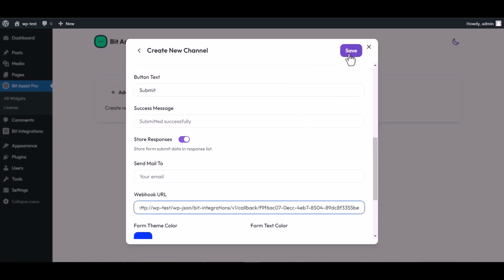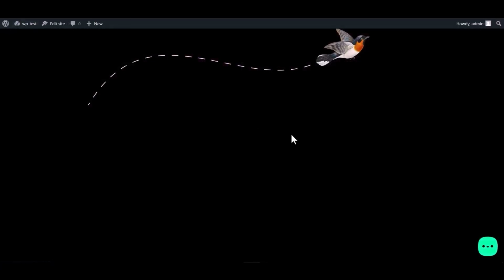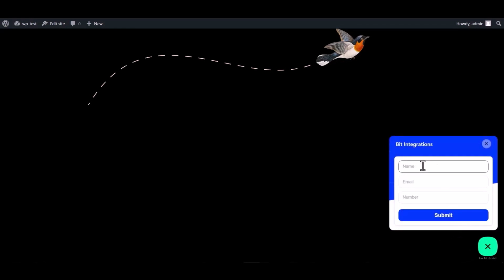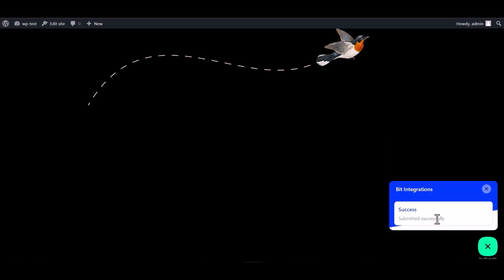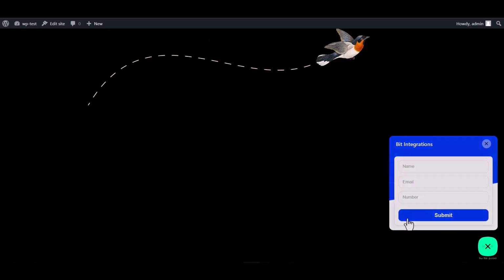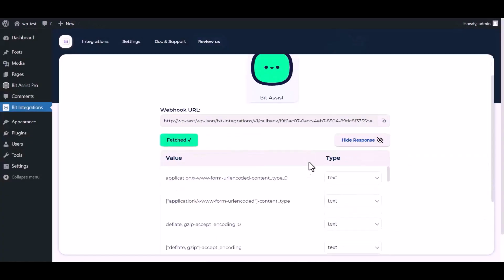Save the channel. Now go to the WordPress page, click on the Bit Assist logo and click on Bit Integrations. Now fill in the form to fetch data. Submit it. After submitting the form, go to the Bit Integrations dashboard and here you can see the data has